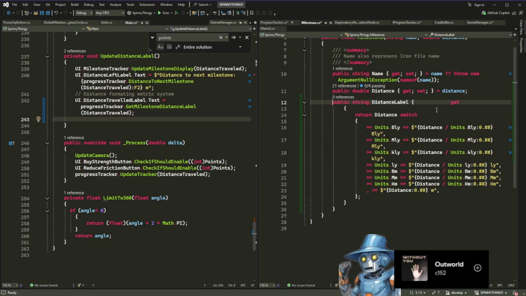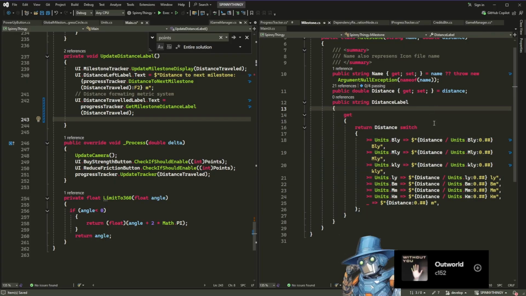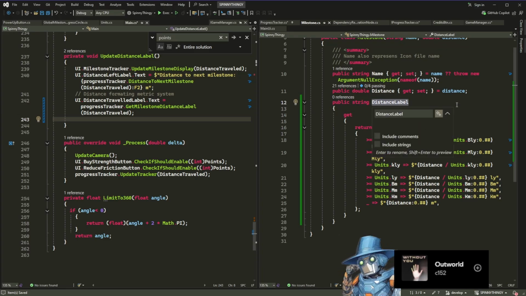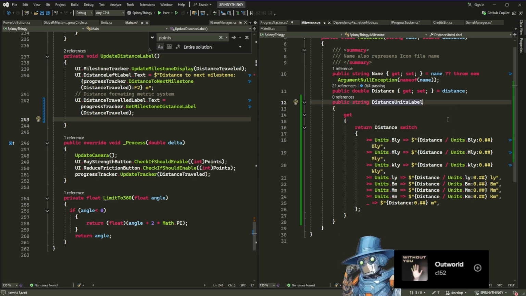Yeah, well, this is better. Format. Distance label. It's even against the format. Distance label. Units billion light years. I think distance should be units label. Or even better,